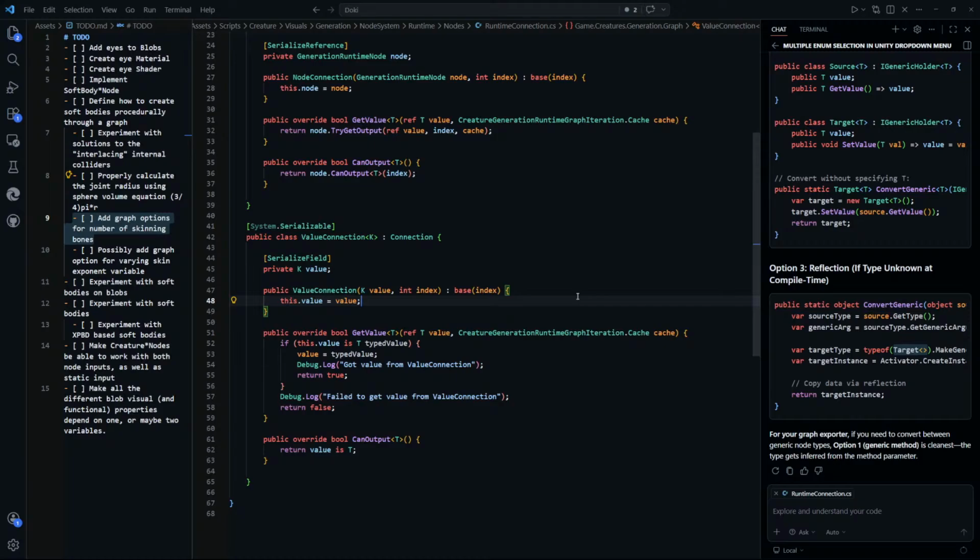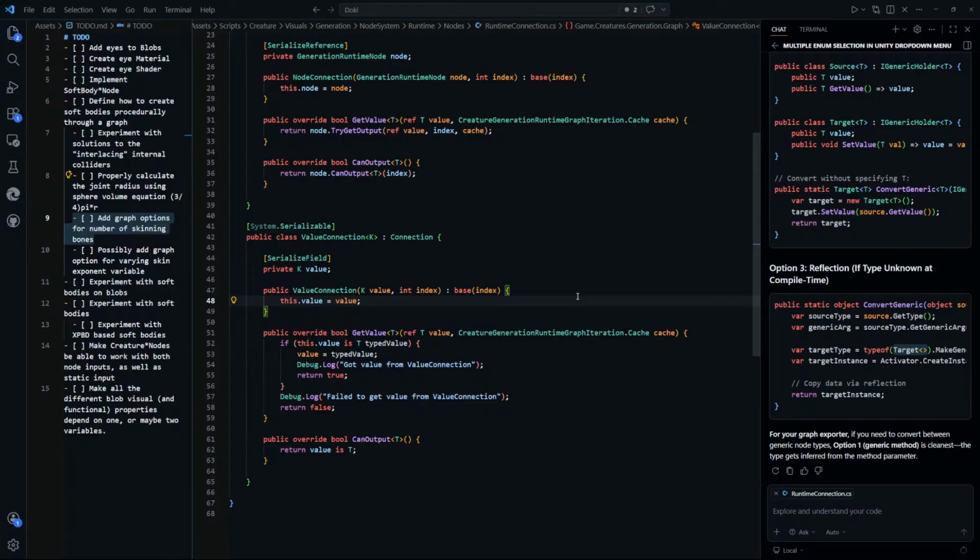I'm just trying to understand if we don't need a generic, how do we solve it? It's not always going to be a float. For this node, it's always going to be a float, but sometimes it's going to come from another node, and sometimes it's going to come from